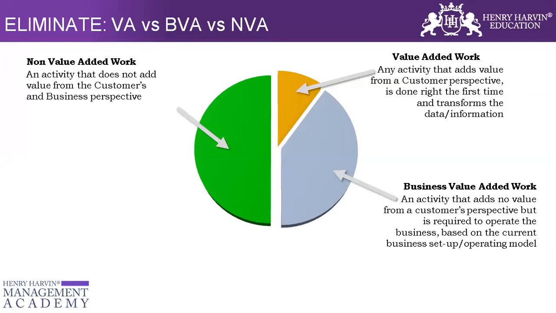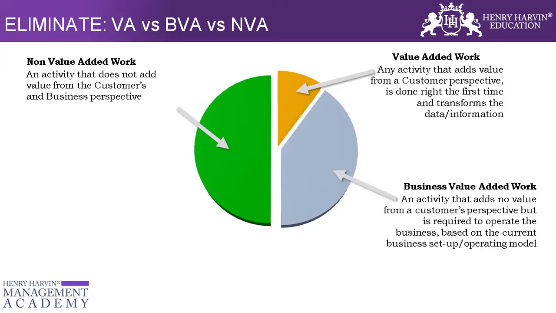The third type is called business value add. This is not a value add for the customer, but for the business. It doesn't add any value to the customer, but to run a business, these things are required. So in the organization, when we do compliance audits, certain trainings, mark our attendance, attend leadership speeches or workshops, those are not non-value added. Yes, they are essential for us to be more efficient, more knowledgeable, more expert. So those are business value added.